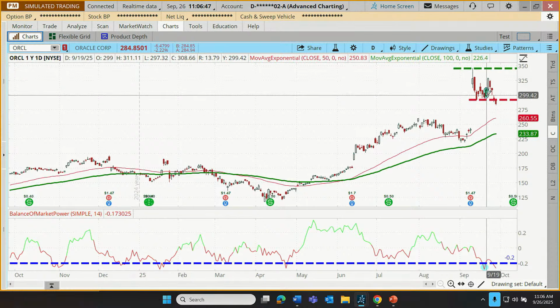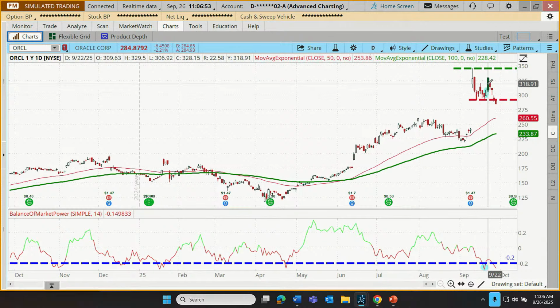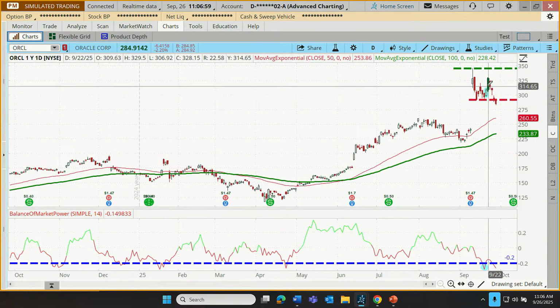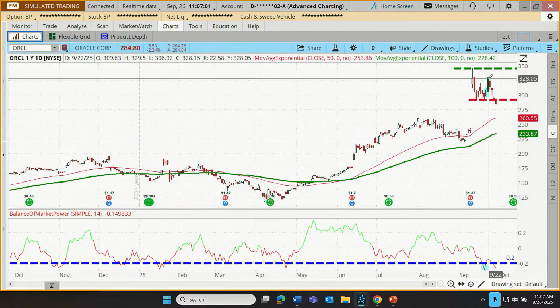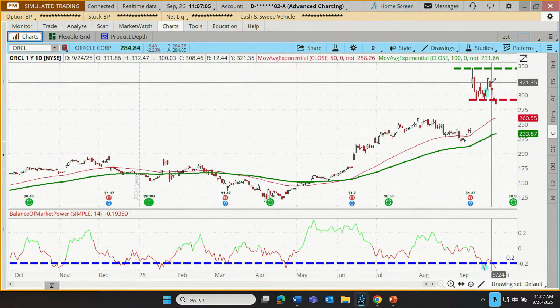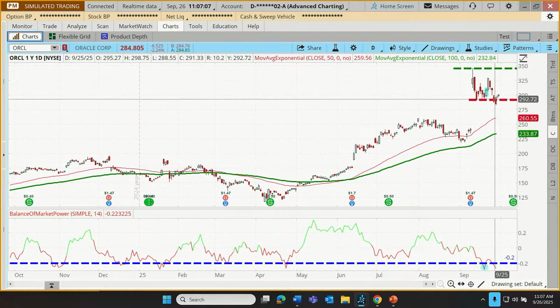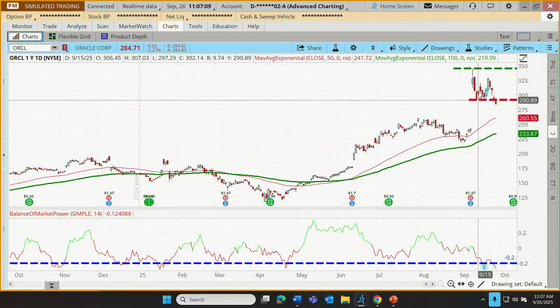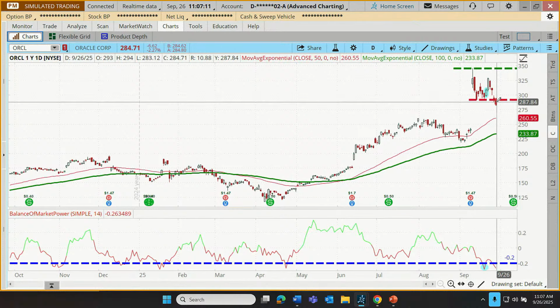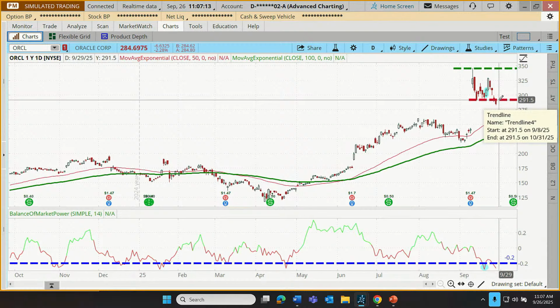So initially, that premise was proving fairly accurate. We bought this at about $302, and within a day, we got up to almost $330. That's very nearly a 10% swing to the upside. That Oracle trade was looking pretty good, but this is what can happen with trading. It turned, retreated, came down and hit our stop, which was set just below previous lows, and we were stopped out. So we had a stop down here at 292, I believe.